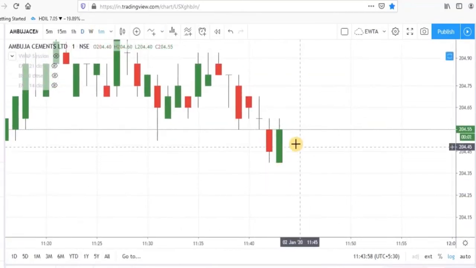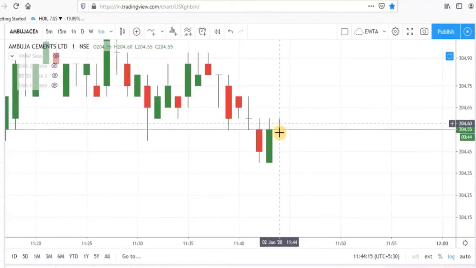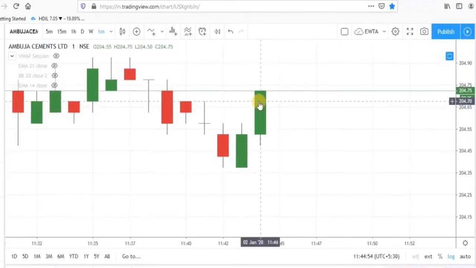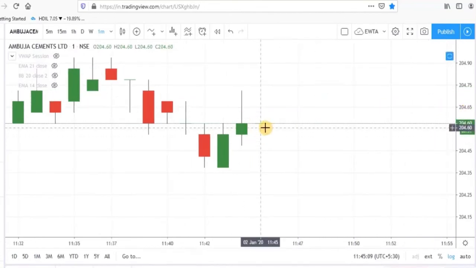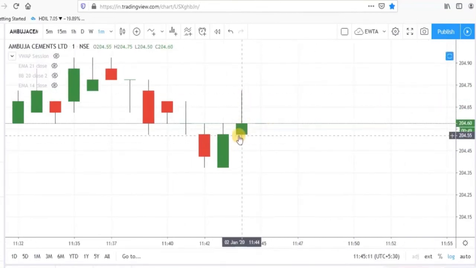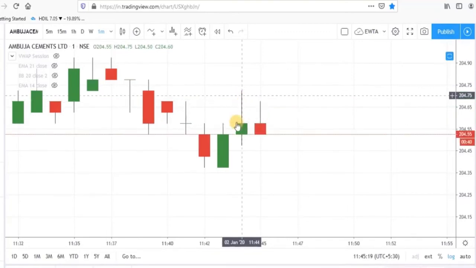Now see, this is the current candle. We will study the next candle. See, the next candle is green. It means this is the opening price and currently the candle is green. Now currently this is the high of this candle and now we have another candle. So for this candle, this was opening price and this was the low of this candle and this was high of this candle and prices closed at this level for this candle.